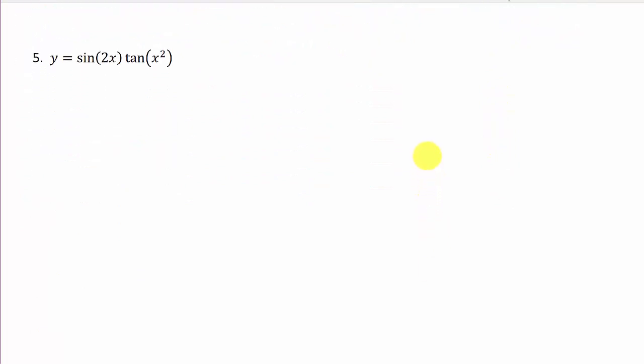Alright, how about the next one? I've got y equals sine 2x times tangent x squared. So we've got the product rule here. Remember, for the product rule, it's the derivative of the first function, so the derivative of sine is cosine, times the derivative of what we're taking the sine of, so times 2. So this is the derivative of the first function, and then times the second function, so times tangent x squared,